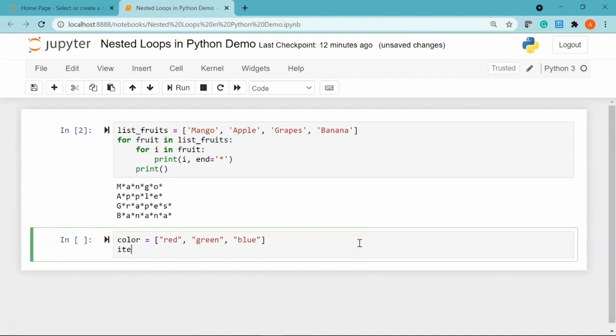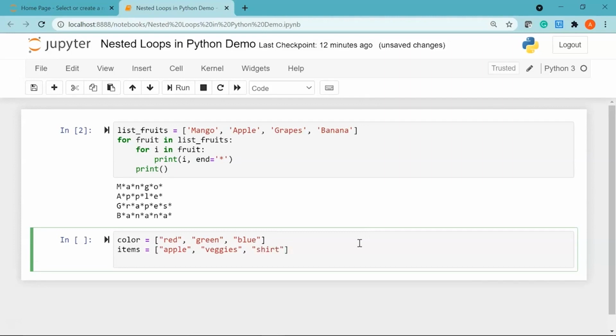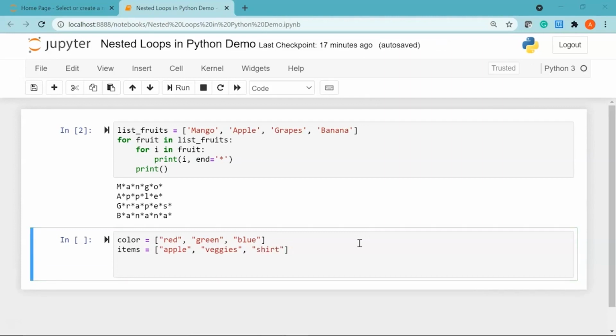And the next list I'm going to create will have three items. The first item is apple, then we have veggies, and then we have shirt. Now to print the values of the items in these two lists together, I'm going to use two for loops again.